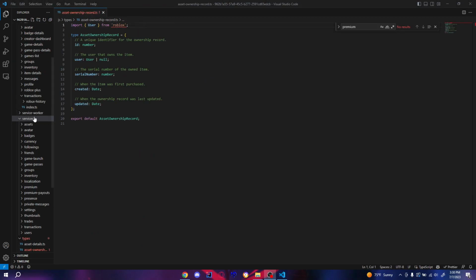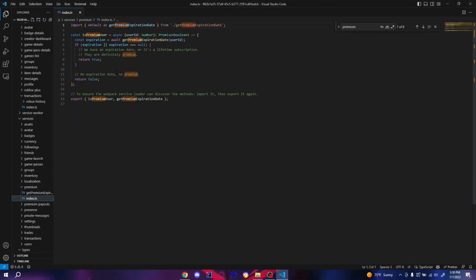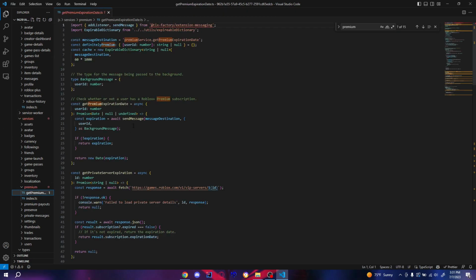Alright, here we found a folder called services. And in it, whoa, we have premium. Let's open that, and let's go to index. So now you can see we have a couple of functions. We have is premium user. What it's checking is the expiration date of the private server that it's looking for. So, if we find get premium expiration and we open this up, what we do here,